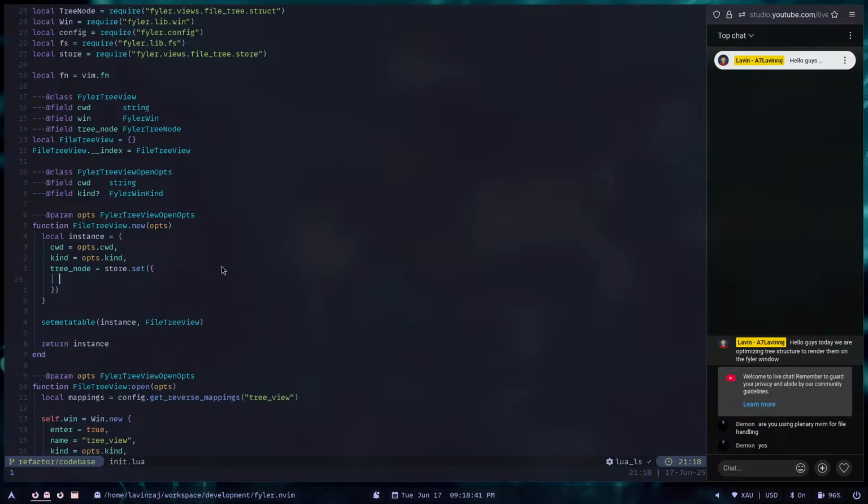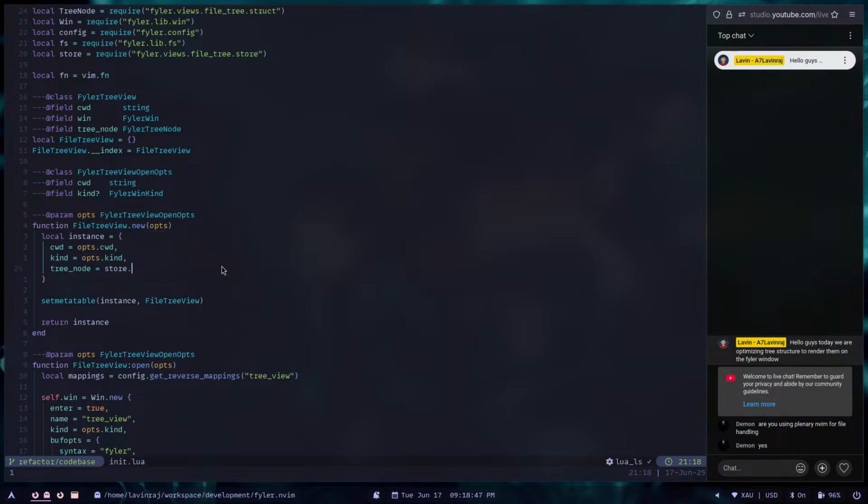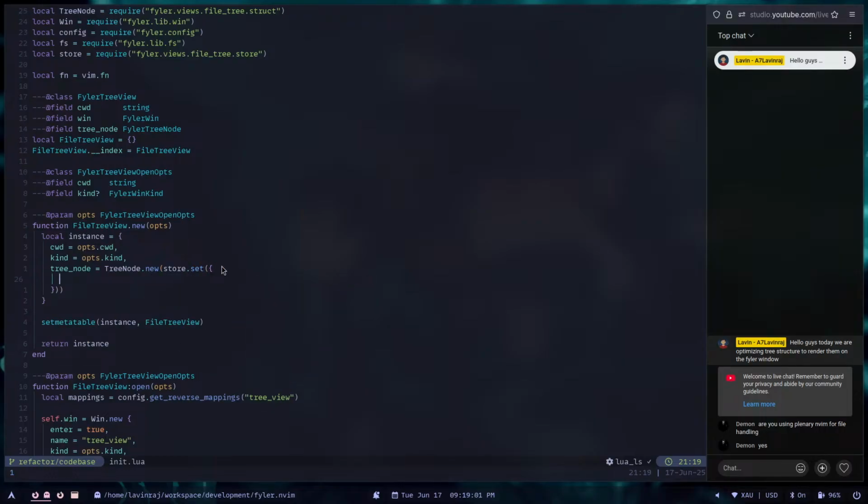And what are we going to set here? Wait a minute. Tree node.new. So we will create a new node with the data, and data will be an integer value which is given from this setter function. And this setter function will hold some kind of data, and the data is simply the